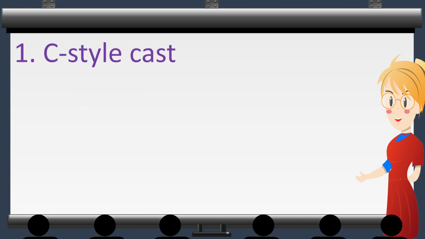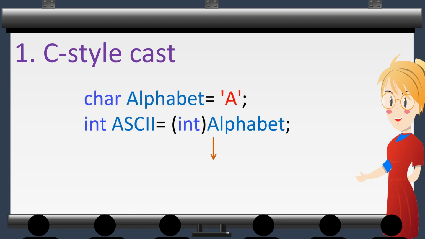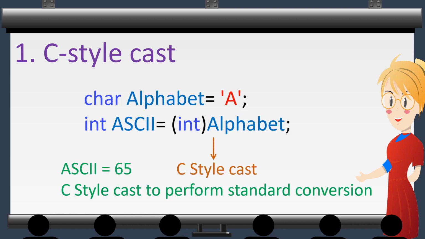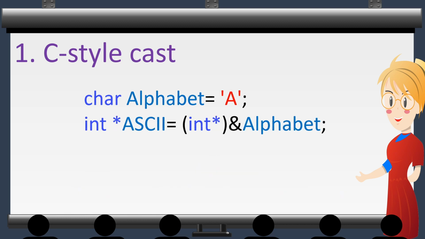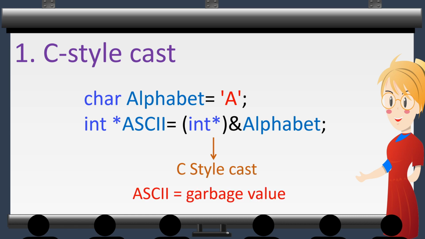C-style casting is used in older programs, especially C programs, to perform typecast operations. C-style casts are very widely used in legacy code that was written before C++ style was introduced. As shown here, the character data type is casted to integer data type using C-style cast. C-style cast is dangerous as there is no compile time checking present.